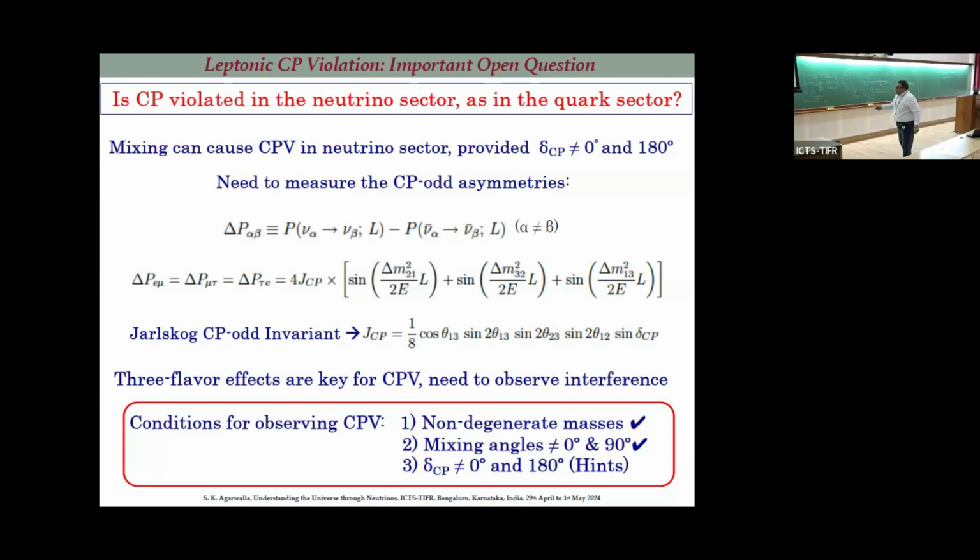Okay. So the conditions for observing CP violation: we need non-degenerate masses. That you are convinced. Only neutrino mass is not sufficient. We need the splitting, the difference. If you have 2 flavor, M1 can be 0, but M2 is finite, I am fine. I have the difference. So masses should be non-degenerate. Mixing angles should not be 0 or pi by 2, right? You can convince yourself. If it is pi by 2, then also life is difficult, right? The sine 2 theta and delta CP should not be 0 and pi, and we have satisfied these 3 conditions almost. So we are in a good regime, good shape.